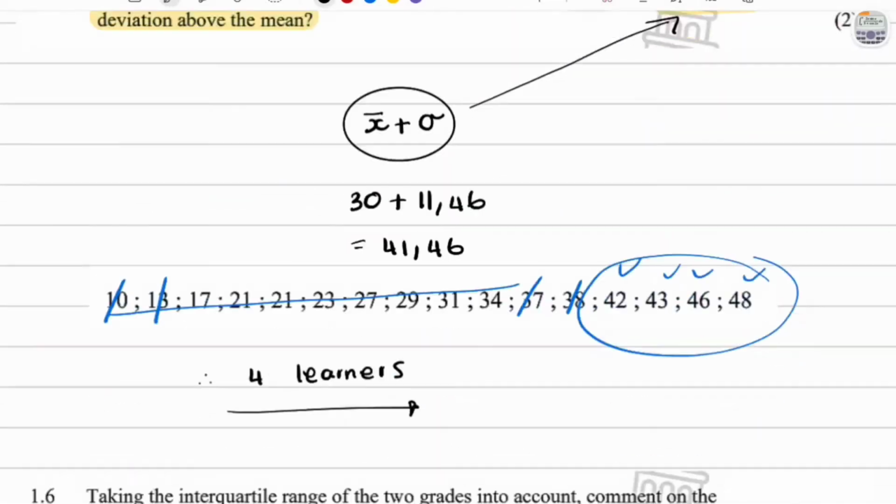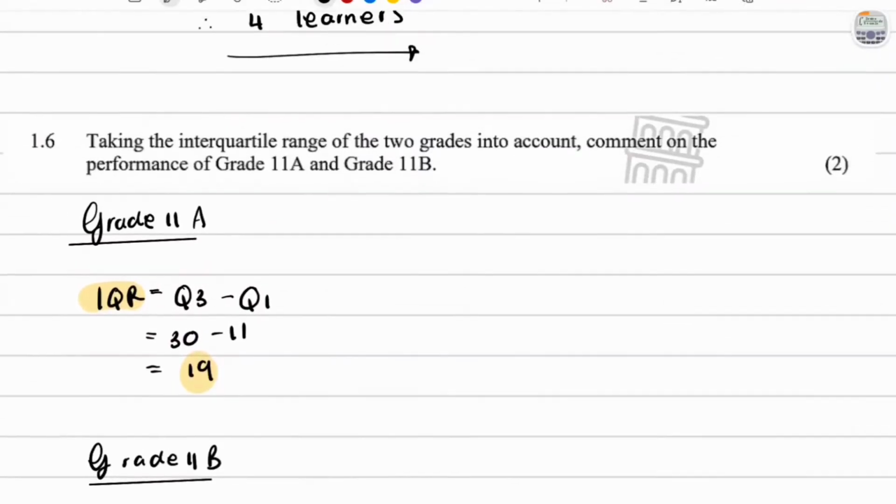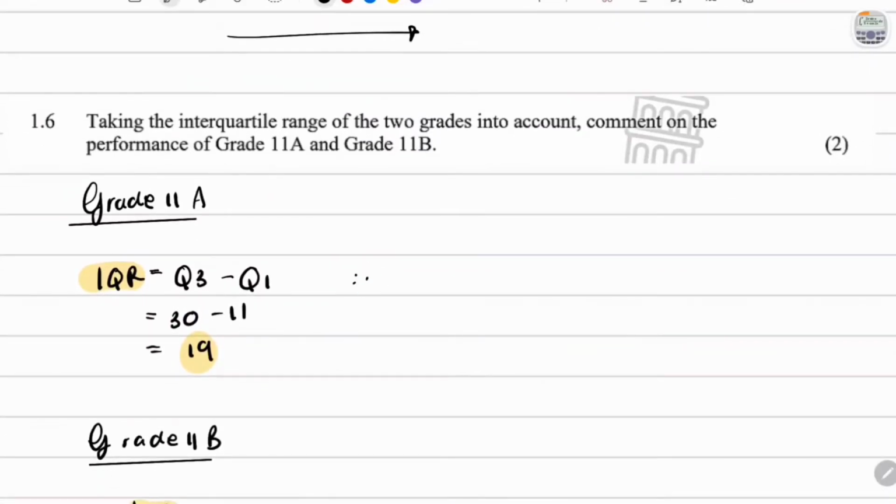So we can see which class did better based on the median. So this is what I'm going to say for this. This is going to be my conclusion. So let me go ahead and tell them that, first of all, we noticed that the IQR are the same. They're both 19. And then also let them know that IQR is not a good indicator for the performance of a class. However, it does show us that the consistency between both classes was the same. And then lastly, tell them that grade 11B actually did better because their median was 30, while grade 11A's